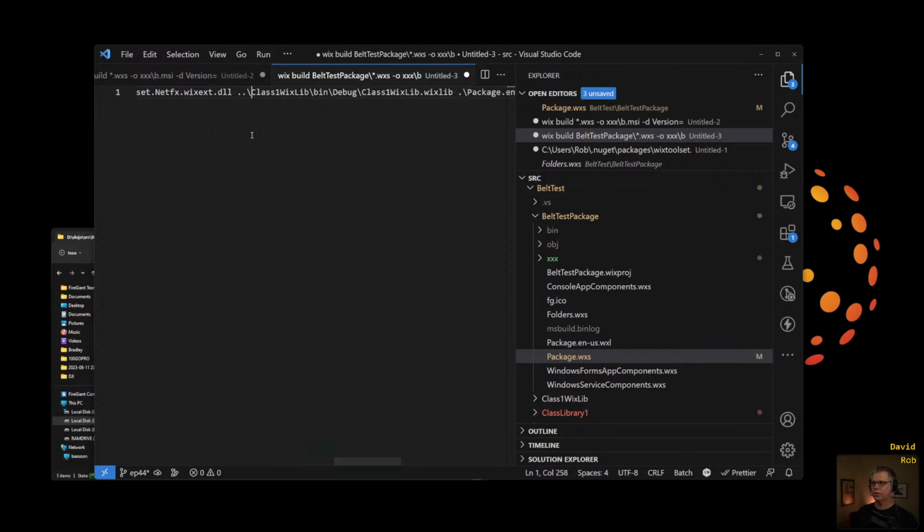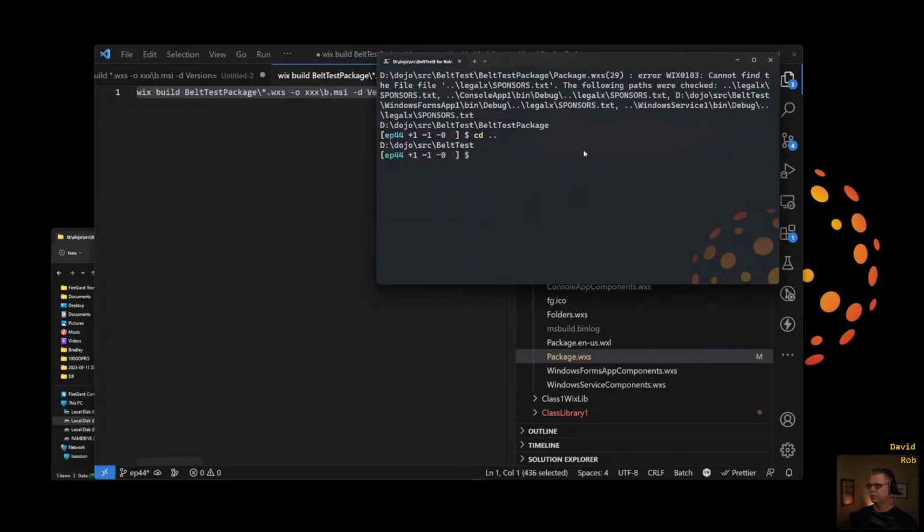Now no longer that's just there, I think, and this is now belt test package. All right, you see all these things I have to change as soon as I change the directory where I was coming from, unless I use full paths everywhere. Right. Okay, now I think if I build this from here,